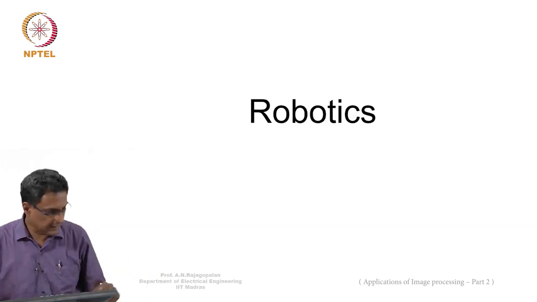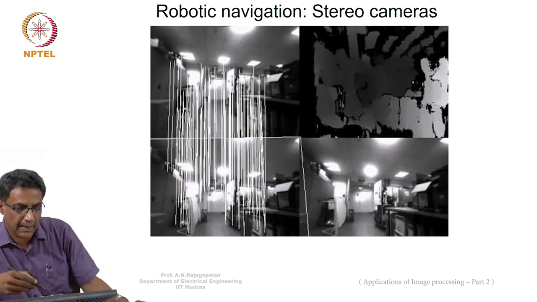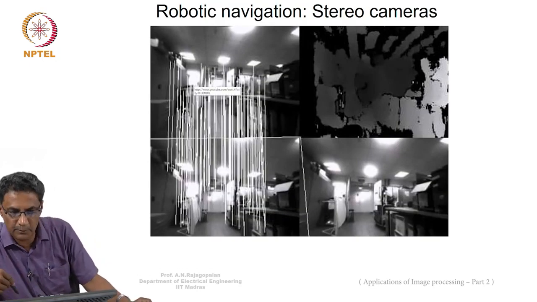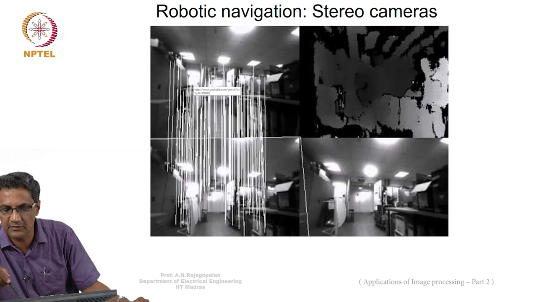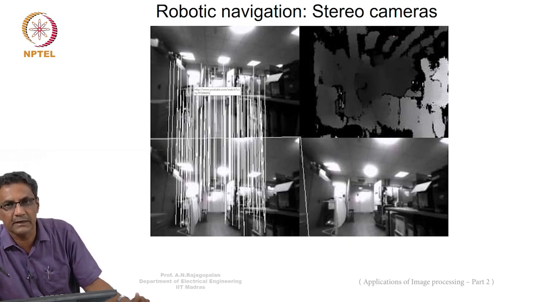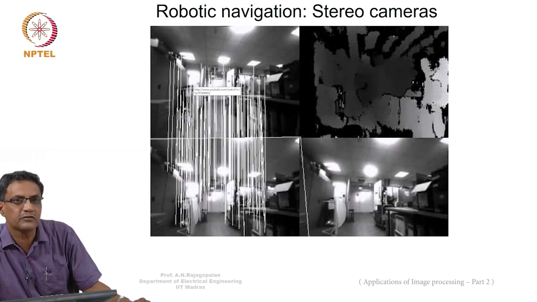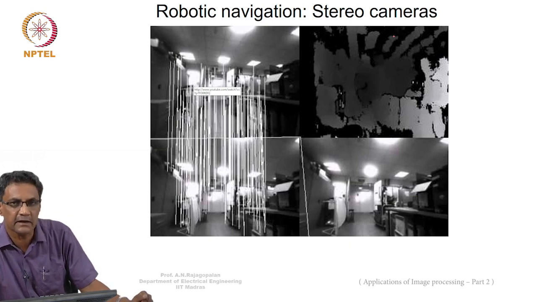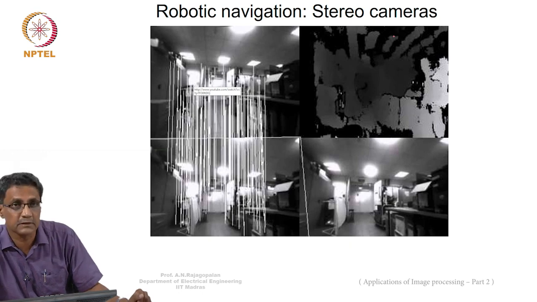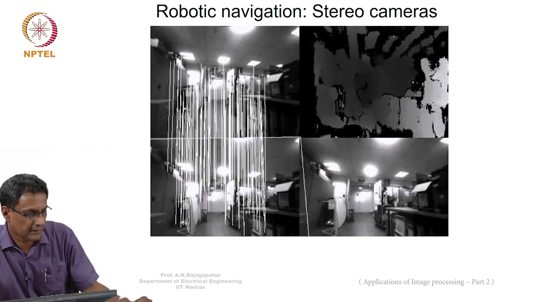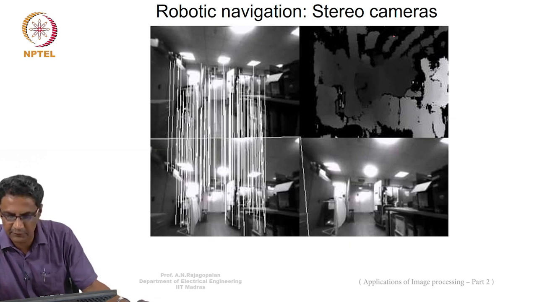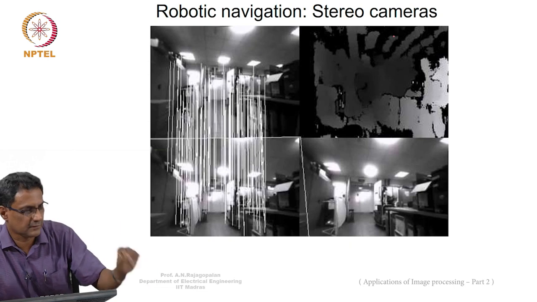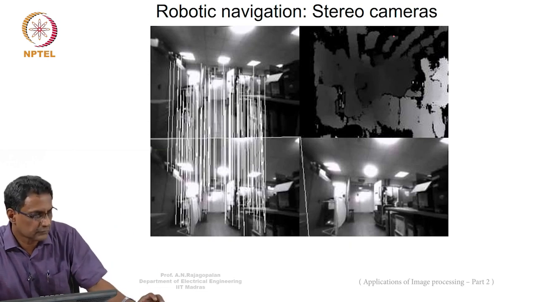Okay, so robotics. I didn't show you an example. It's like this: you capture a pair of images, called a stereo pair, and you want to build a depth map, wherein each intensity in this image will tell you whether an object is farther off from the camera or closer. Again, these are not solved problems, especially when there is no scene texture. For example, if you have a very smooth wall like this, it will struggle, because these methods try to match features, and when there are no features, they struggle. So it's not like these are solved yet. I'll talk about what issues are typically involved, especially if you have a light source creating specularity, and so on.